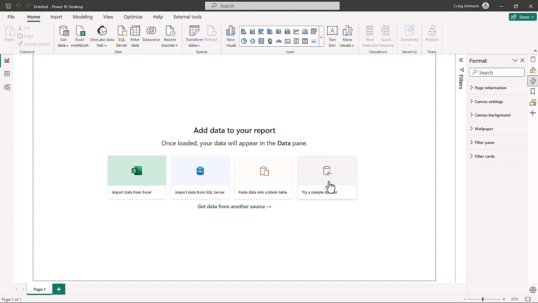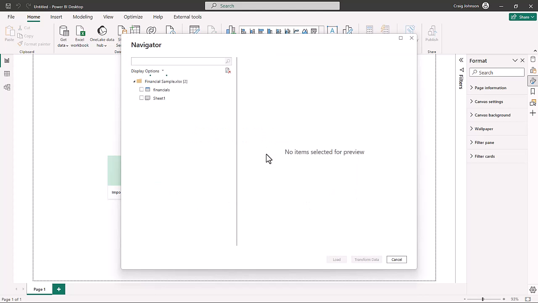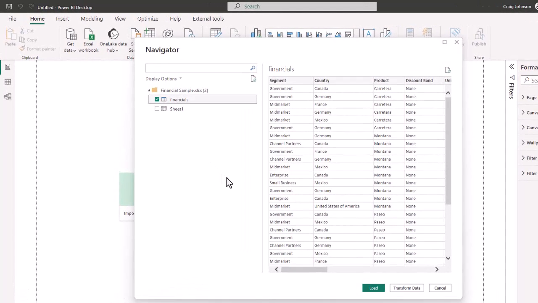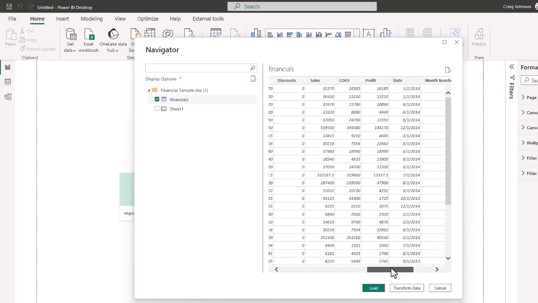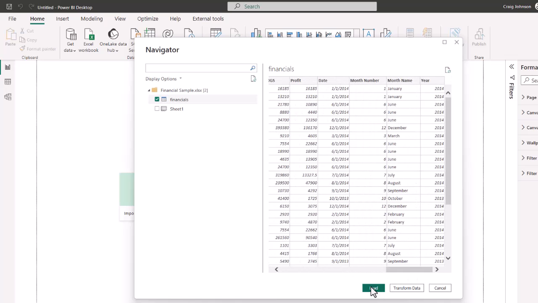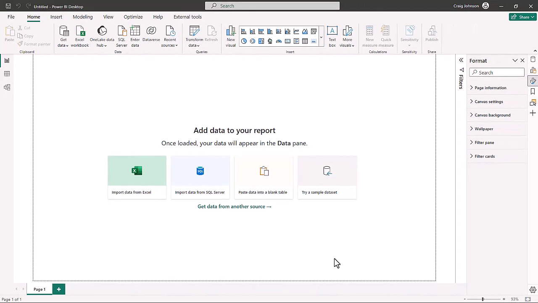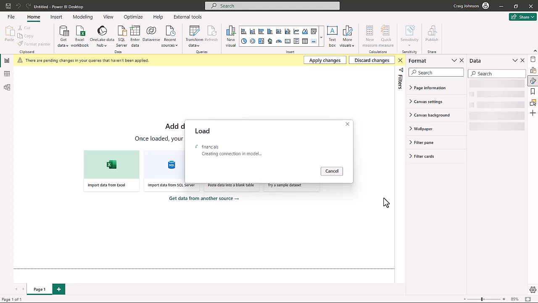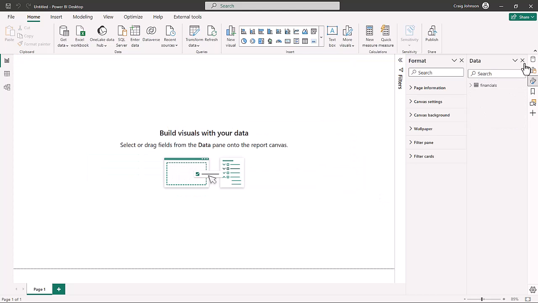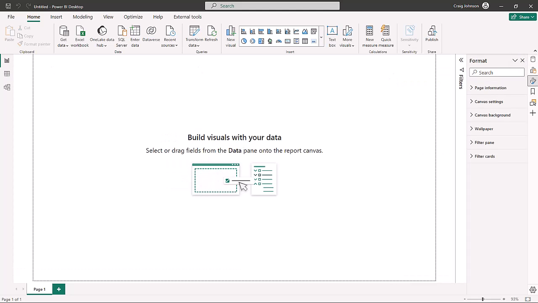We're going to load the sample data set from Power BI. And when you load this data set, you'll see the financials table. What I like about this data set is that it is already cleaned. It's got a few columns. It's got some number columns. It's got some text columns. It allows you really to start to build a model right away. For this example, we load the data, and we currently have 700 rows loaded in the data, and it's got